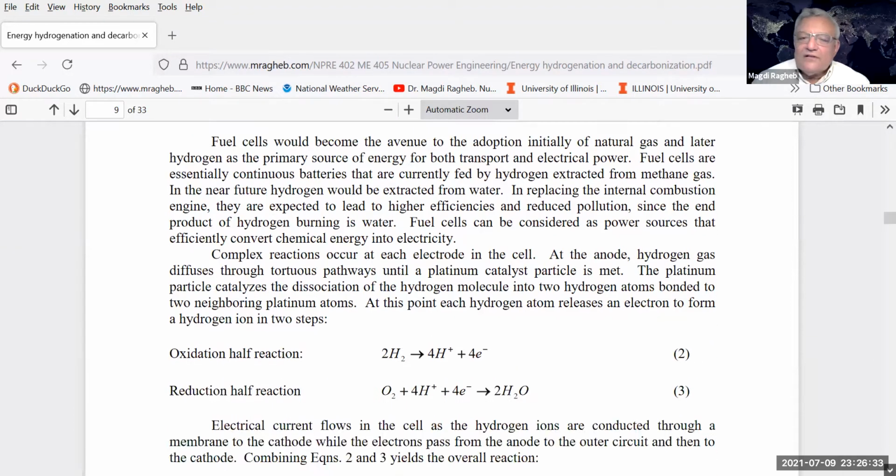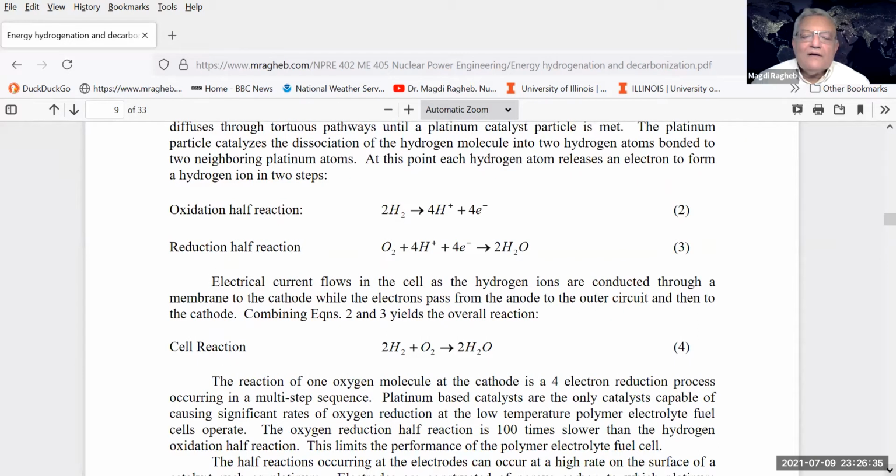So how does a fuel cell work? The fuel cell involves two, what's called in electrochemistry, two half reactions. In one reaction, the hydrogen that you are feeding into your cell, the two hydrogen molecules, are ionized, meaning that the electrons are stripped out of the two molecules of hydrogen here, giving us 4 electrons and 4 positive ions of hydrogen. The 4 positive ions of hydrogen then combine with oxygen that we bring in, not necessarily from